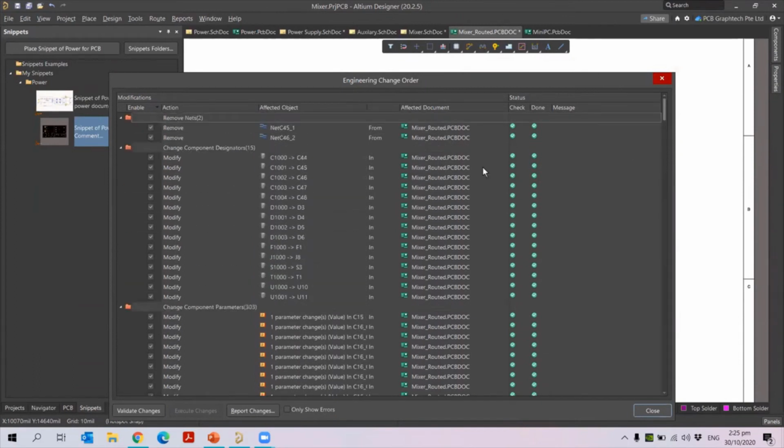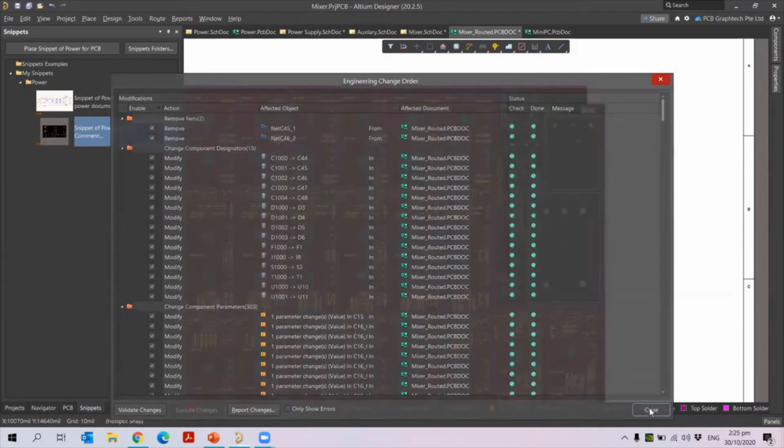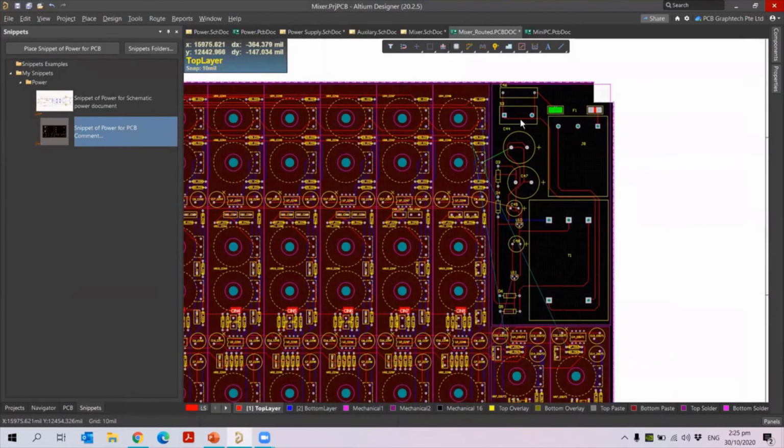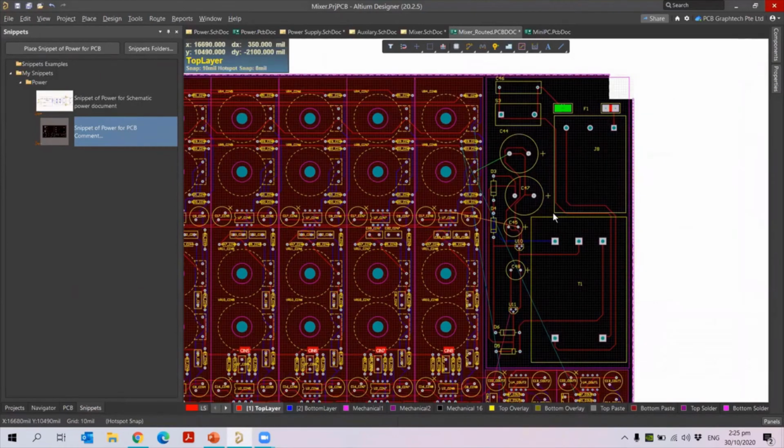designators. Okay, you can see the checkbox here. So the designators will be changed from 1000 to 44, all this. So I click close, then you can zoom in to see here, the designators are changed. Okay, so it's simple steps only. So first we need to place the design, then do the component link and re-annotate, update. Only 4 steps. If you do, you can finish the snippets.